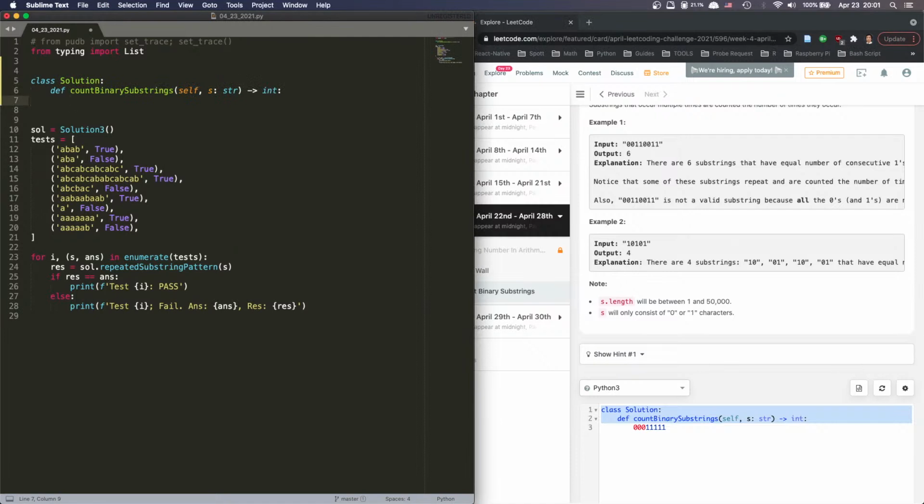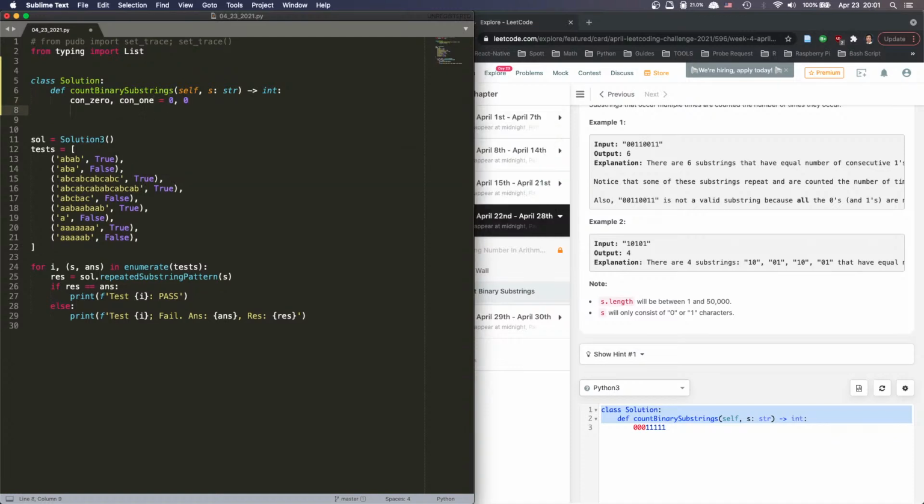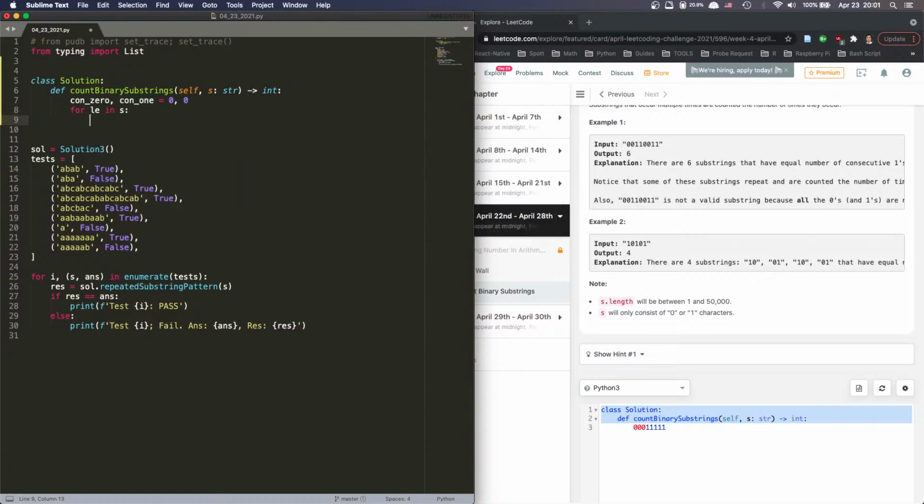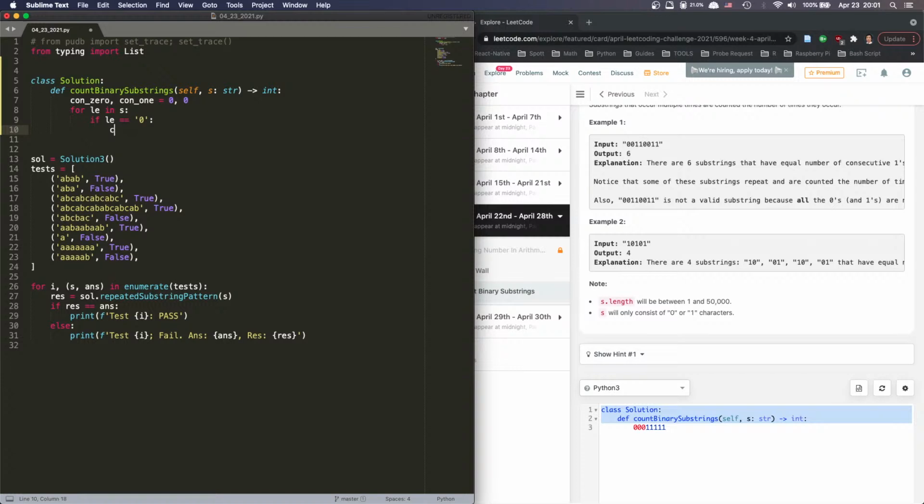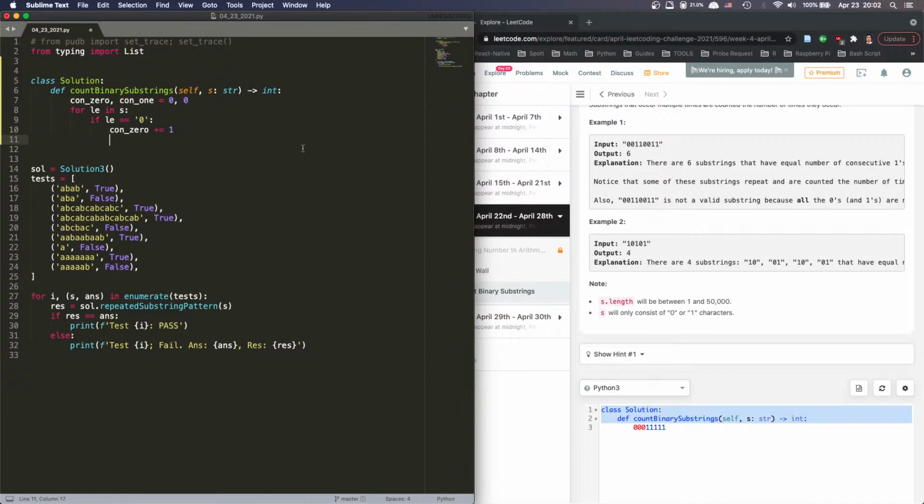And then consecutive 0 and then consecutive 1, right? And then we're gonna say for letter in S, right? If letter equals 0, then consecutive 0, oh, not this one, plus equal 1, right? And after we do that,